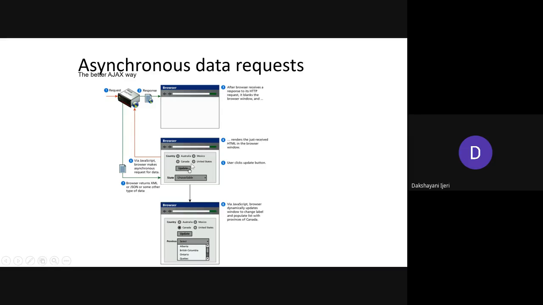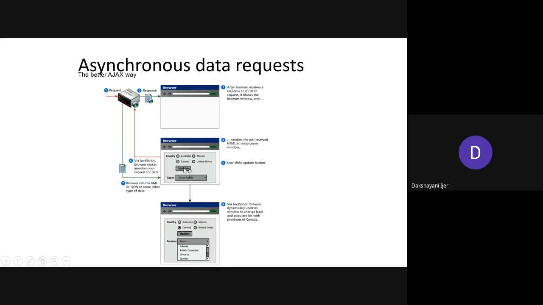Without making the browser idle, it makes the asynchronous request for the data, and within that turn the server returns the XML or JSON or some type of data back to the browser before waiting for any other time.